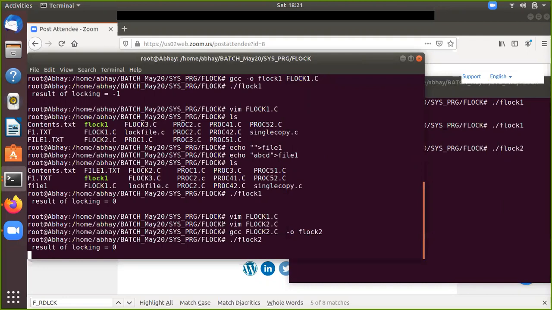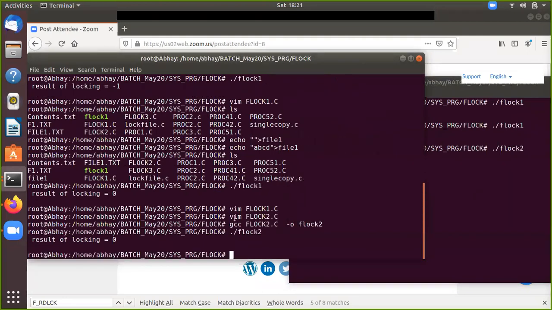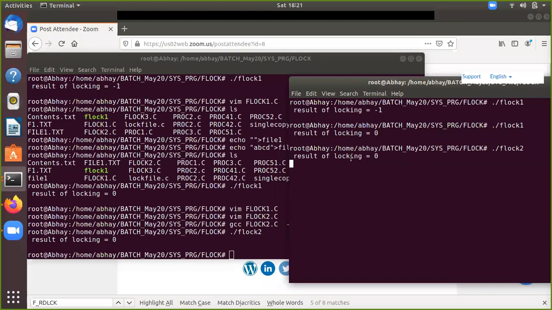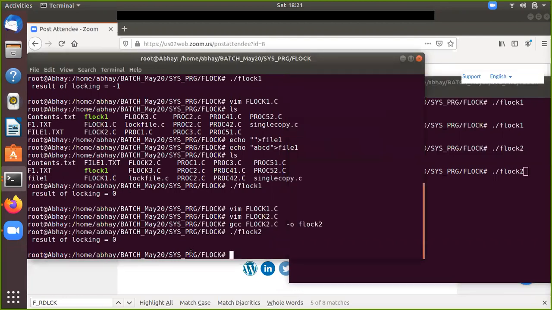Okay, so we have three options. The third option we are going with. Let's say that we have terminated. Now see, this guy has got the lock. Now it will come out. So this is a blocking call. When the lock is not available, the process will be blocked forever, and once the lock is available, it will be woken up and it will go through. Okay. Now, this is your LOCK_EX.